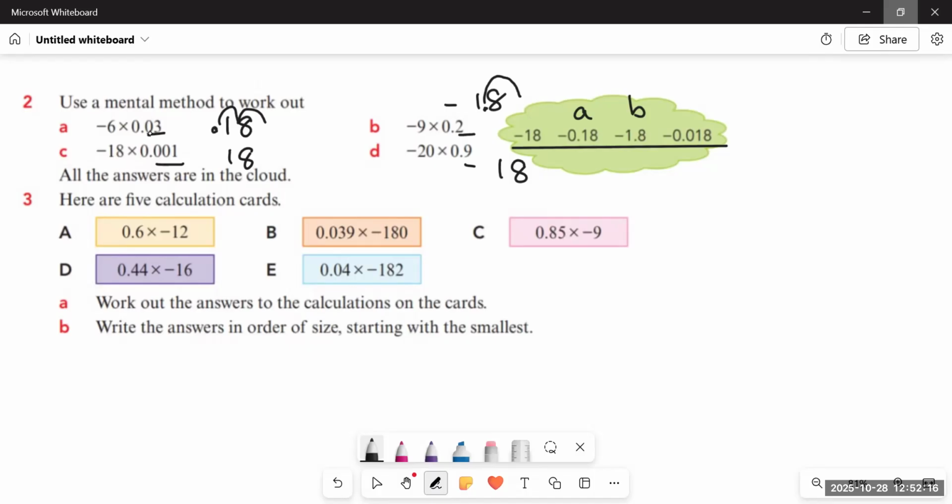So when we multiply 18 with 1, it's 18. And then there are three decimal places, so we have to put the decimal before three digits. Here is the decimal, 1, 2, 3. Here comes the decimal. And since we do not have three digits, we have to put a 0 over here. And it would become minus 0.018. That's C.